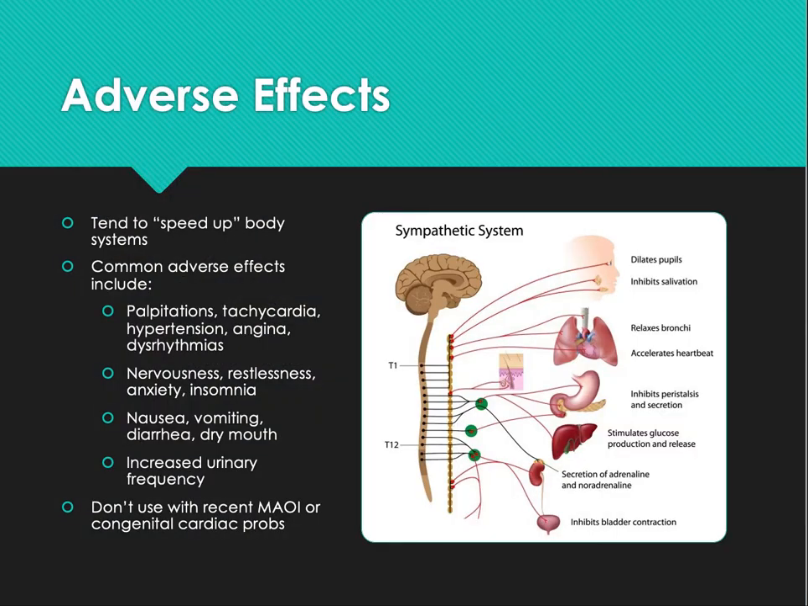Now, adverse effects. We want some things to be sped up, but we don't want everything sped up. Unfortunately, amphetamines speed everything up. And so all of our adverse effects are related to the sympathetic nervous system. So if you think about that, your heart rate's up, your blood pressure goes up, you might have palpitations, you might have dysrhythmias, you might get anxious, nervous, we'll have nausea and vomiting as we pull